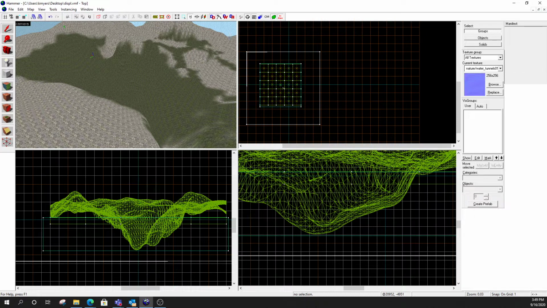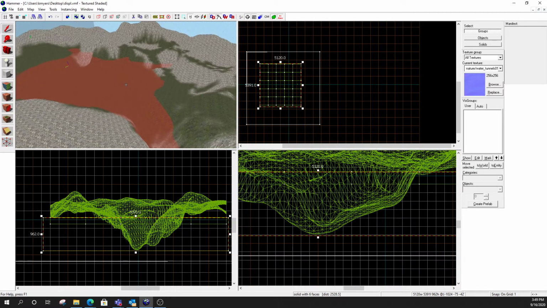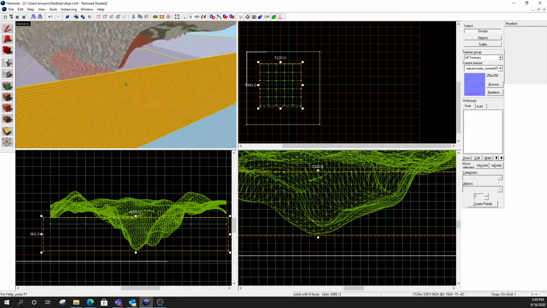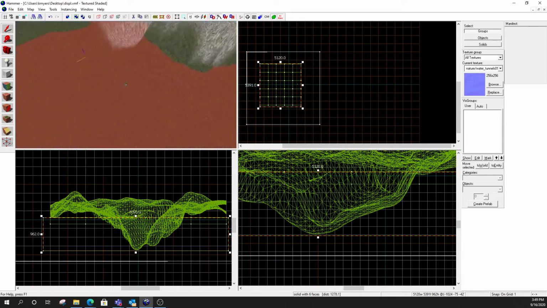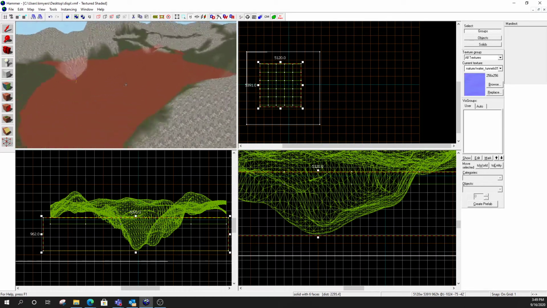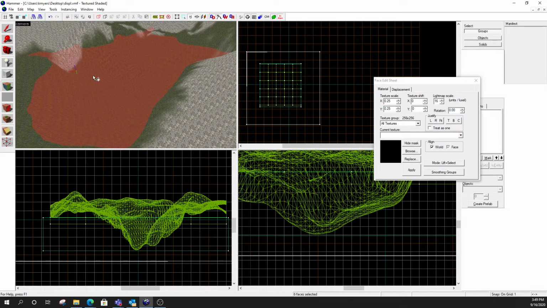The main thing you've got to remember is that the water has to have no draw on all the sides except for the top. And we don't want any of the no draw exposed to the player. So you've got to make sure you position this box in such a way that it takes up all the water volume in the map, but the player isn't able to see these no draw edges. Alright? And then once you've got that on there, you just click on your texture tool, select the top only, browse,